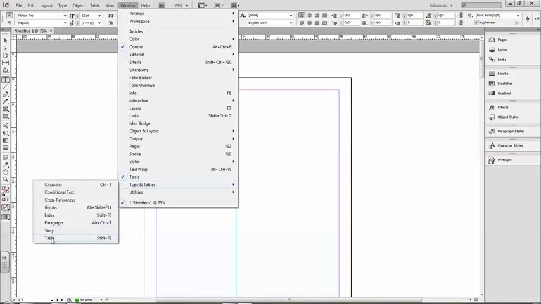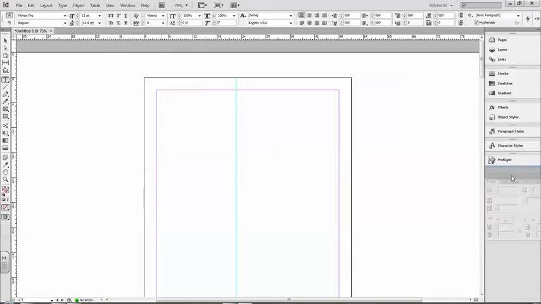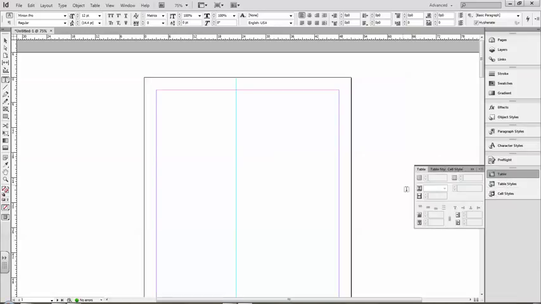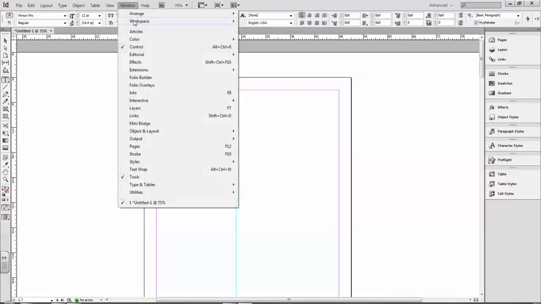So for example, do I have tables? I do not have tables, so I'll open up the tables one, and I can drag that there and have it ready and available by the click of a button, so I can format and create my tables. So that's one other workspace that we'll take a look at,